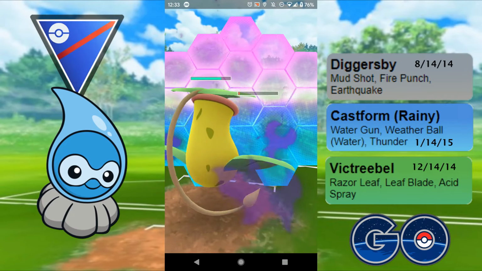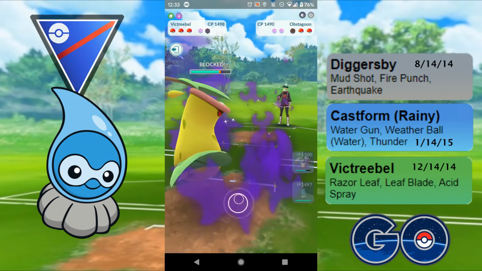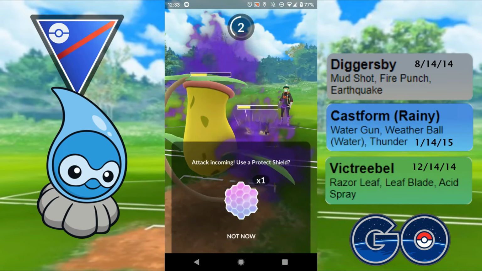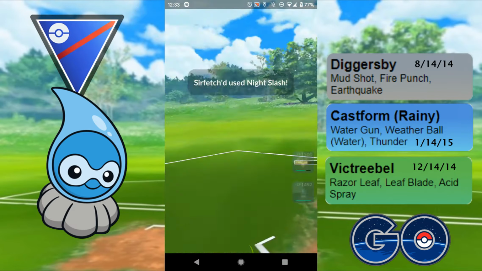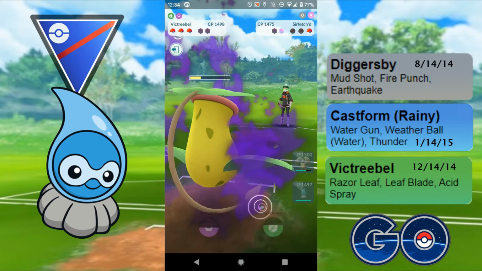Earthquake off. They let it go, and Night Slash comes through. So I shield that up just because I know they're running a Wigglytuff, and the Wigglytuff is obviously not going to be throwing any charge moves, so I can use the shield there. So for this one, I'm expecting a Night Slash to come through. It does. I shield that up, and then I'm able to charge this down, and this